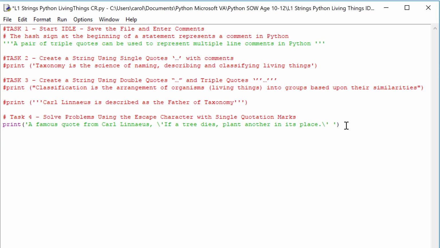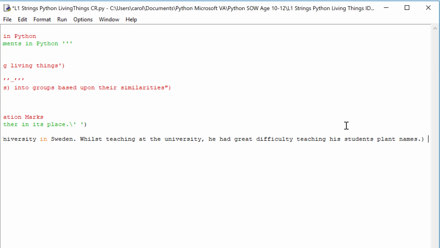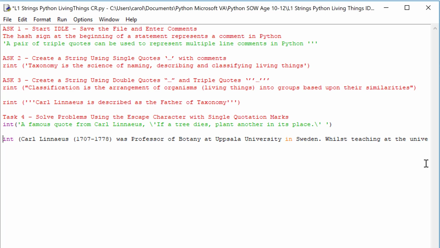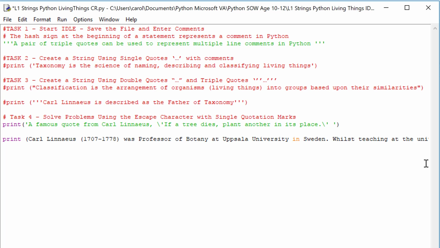Copy and paste the statement. And here you can see the end of the statement. Inside the parentheses, put a single quote. Go to the beginning of the statement. Now put another single quote. After the word Sweden,